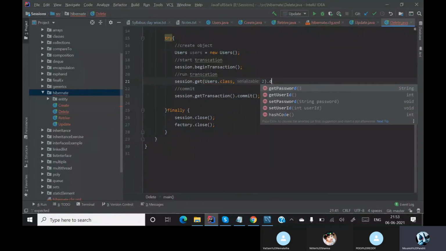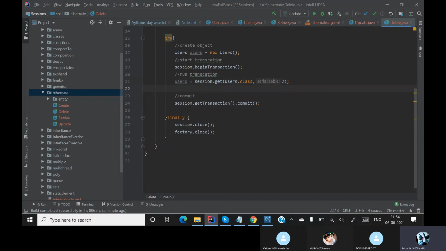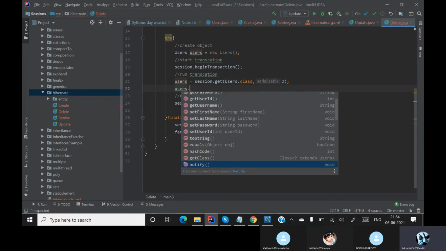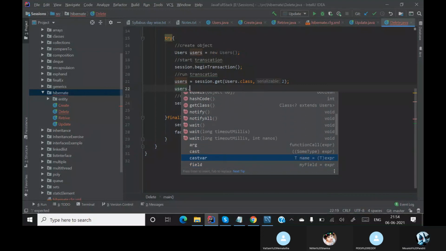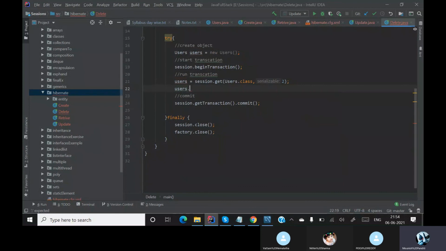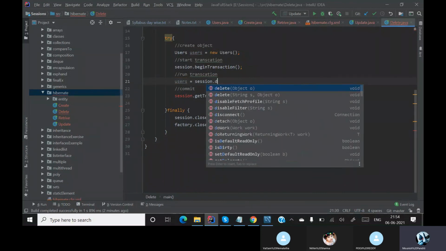After that, go to users is equal to this. Then you must delete this. The users dot, you'll have a method called delete. Let's search for a method called delete.